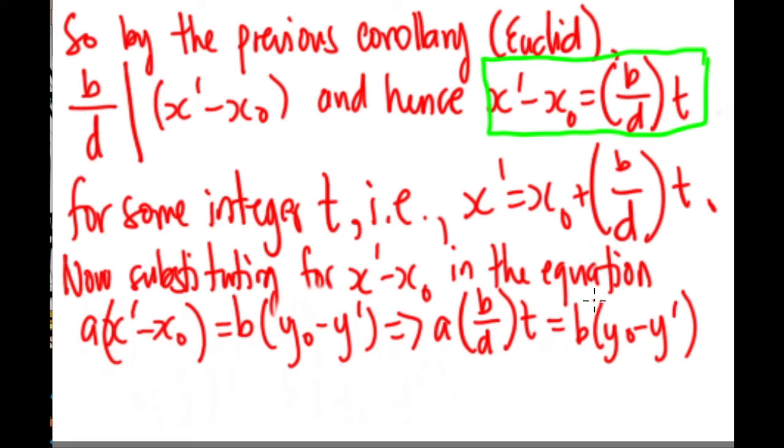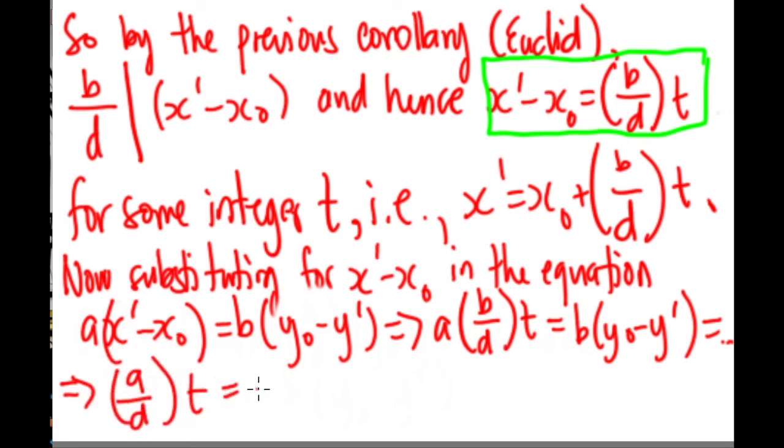From here we can divide both sides by b, to cancel out the b's. This is the next part. So we have a over d